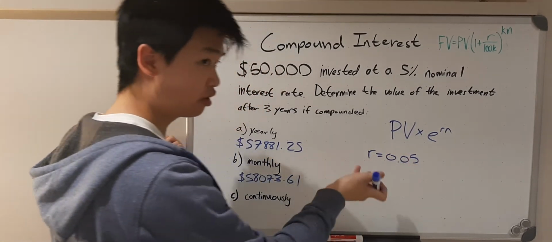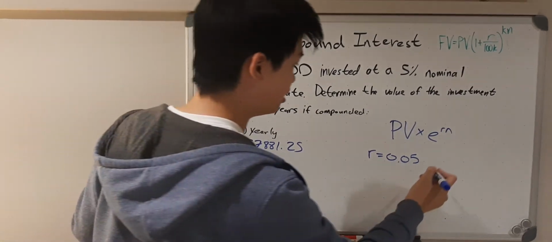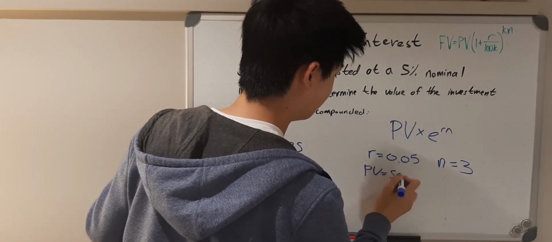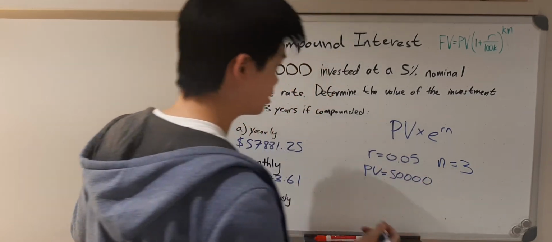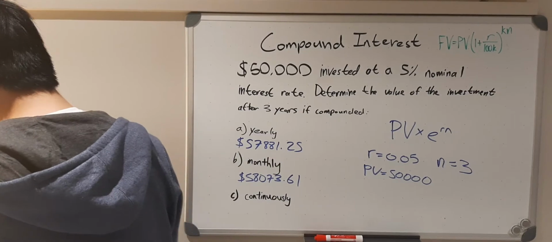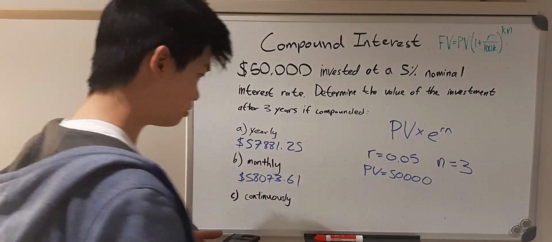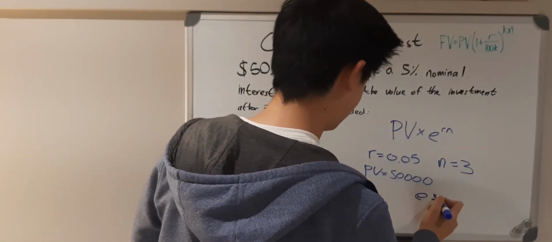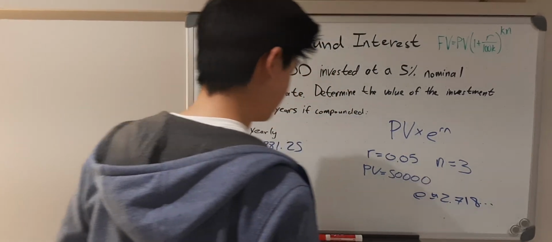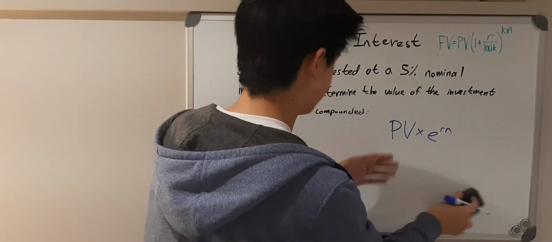You might want to use a different variable if this confuses you. Maybe use just any other letter. And n would still equal 3. And PV would still equal 50,000. And e is a mathematical constant. You just type it in your calculator. And e is around 2.718. So yeah, all we have to do is input that into our calculator through this formula right here, and